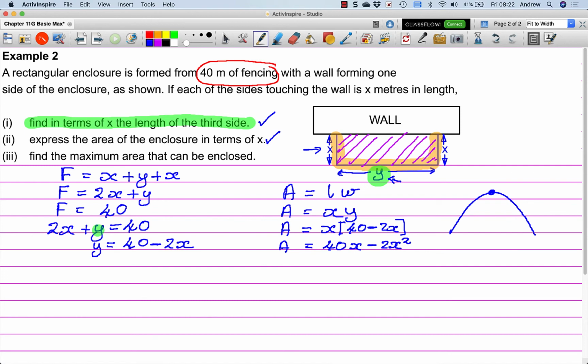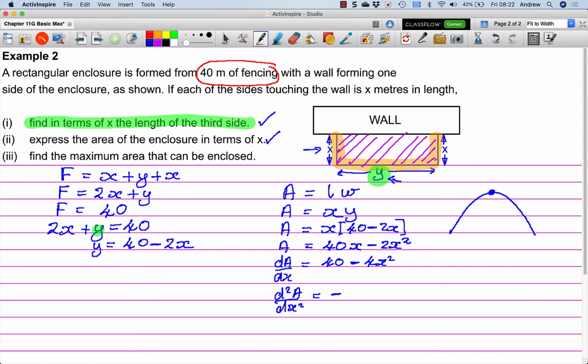Now it says find the maximum area that can be enclosed, which means find a local maximum or find a maximum. If you see the phrase find a maximum, well, we know what to do now. We differentiate. dA by dx is equal to 40 minus 4x squared. And we may go on automatic pilot. We may, just without thinking, do d2A by dx squared. And we're going to get minus,